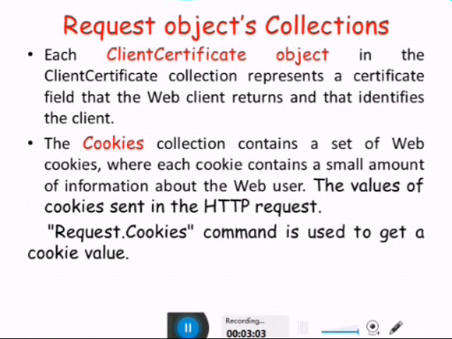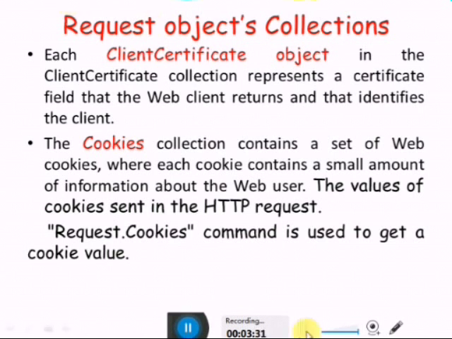Then let's see the next collection, called cookies. The cookies collection contains a set of web cookies, where each cookie contains a small amount of information about the web user, and the values of the cookies are sent in the HTTP request. The request dot cookies command is used to get the cookie value.